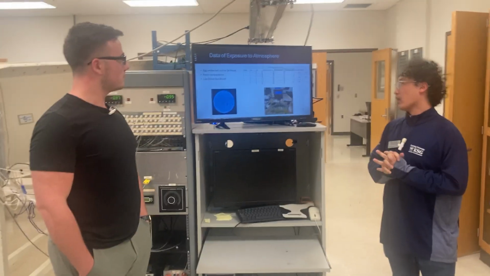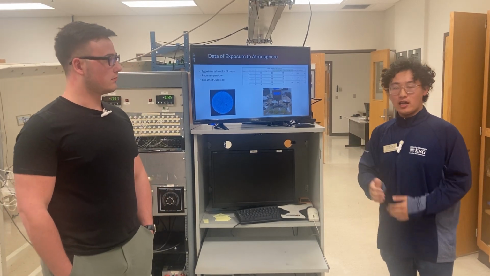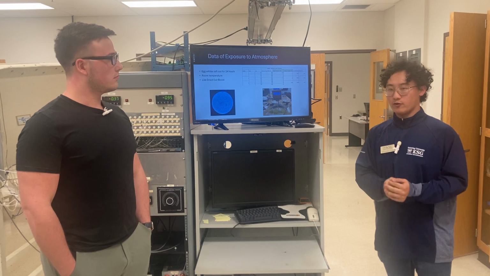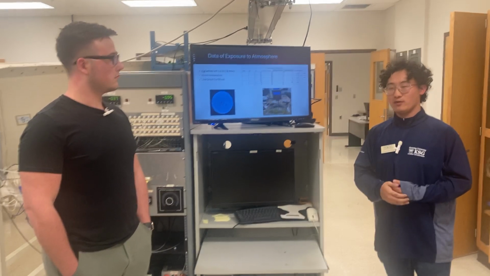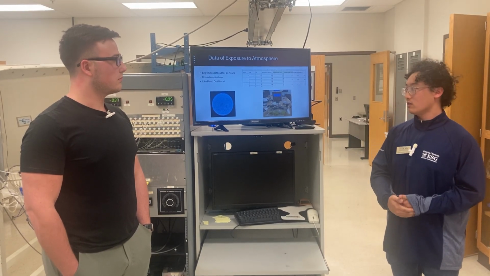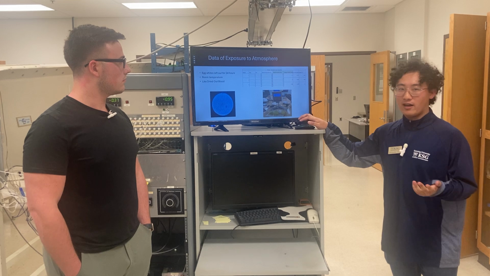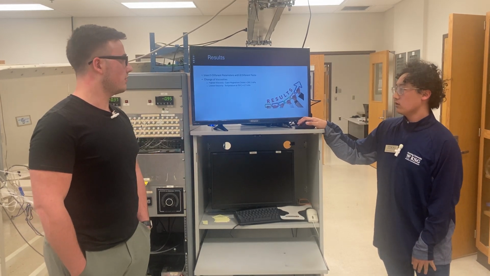And then our last parameter was exposure to the atmosphere. Pretty much we just left egg whites in 3 beakers for 3 sample tests for 24 hours, as we wanted to see, similar to blood, how it does when we keep it out there for 24 hours. And we just kept it at room temperature. Decrease in viscosity too.